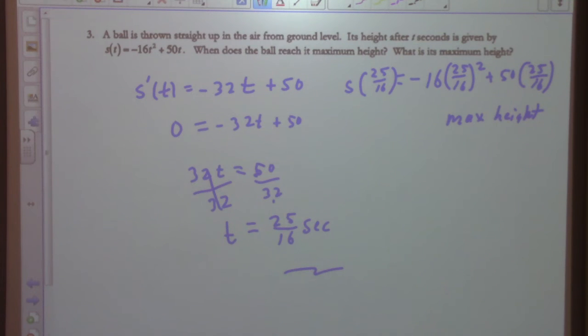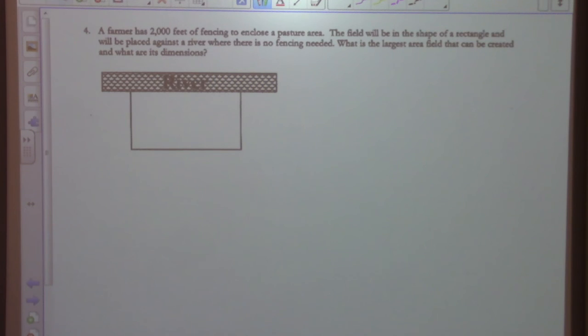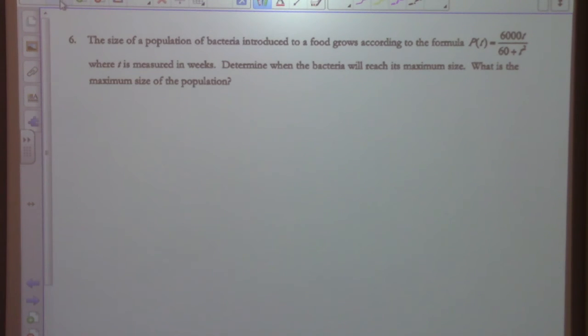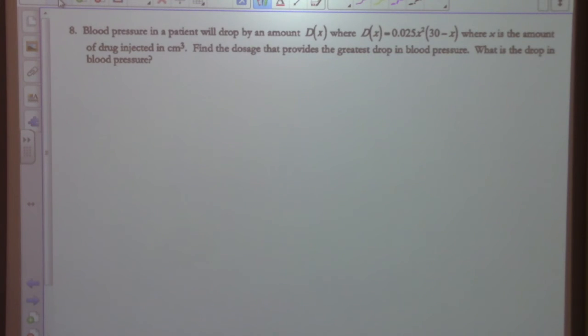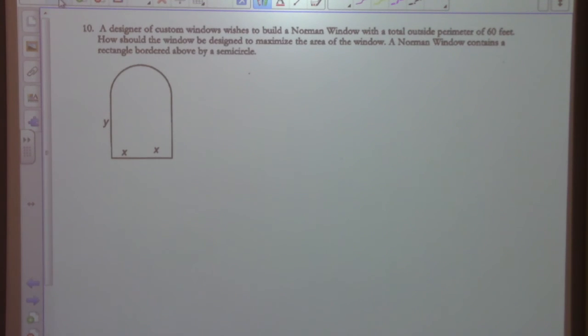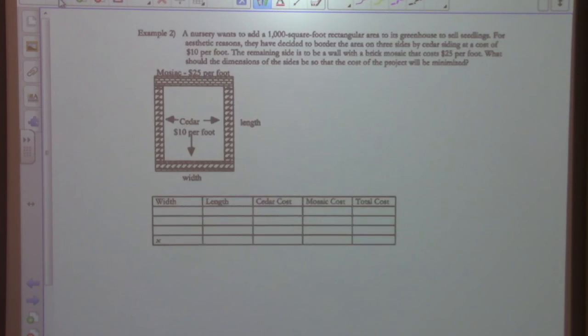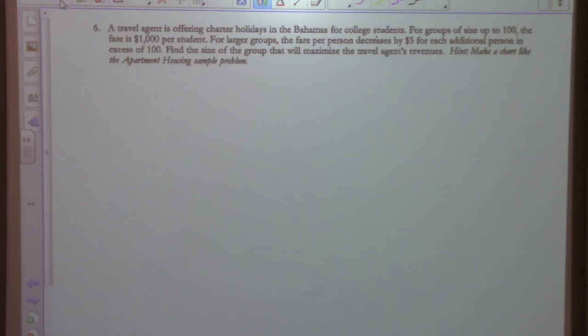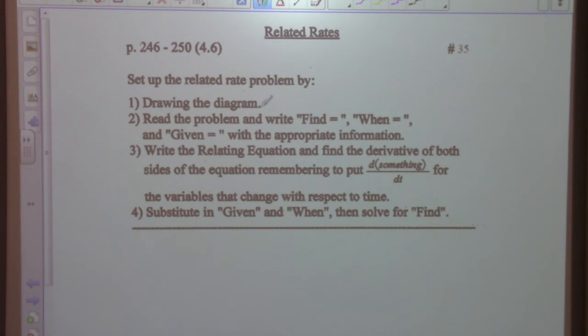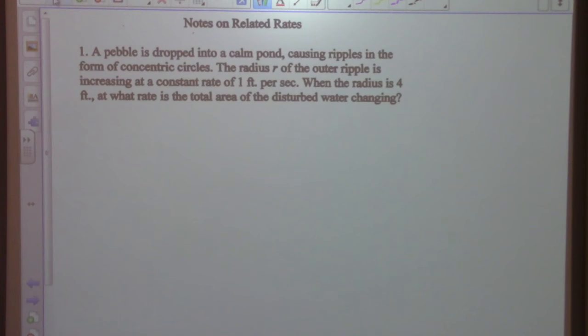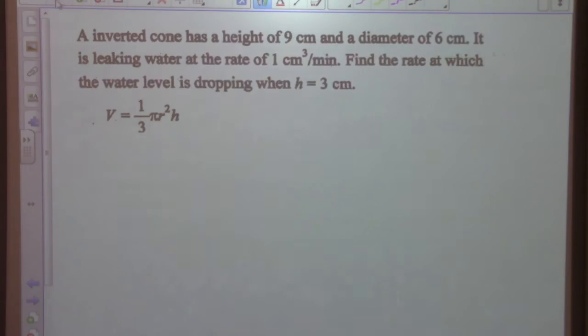All right. On your final, the optimization one you're going to have is a formula that you're going to minimize cost. So it's the same process. Take the derivative, set that derivative equal to 0, and solve, and you'll be able to obtain the minimum cost. The next section of the book is related rates, and we're going to come back to this probably in January, so we're going to skip temporarily and go into